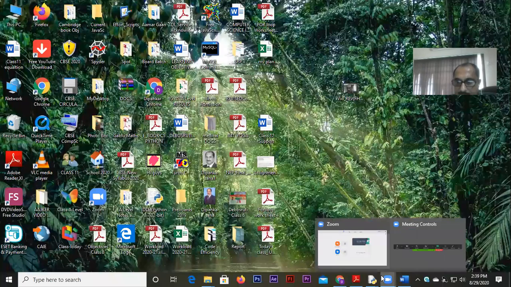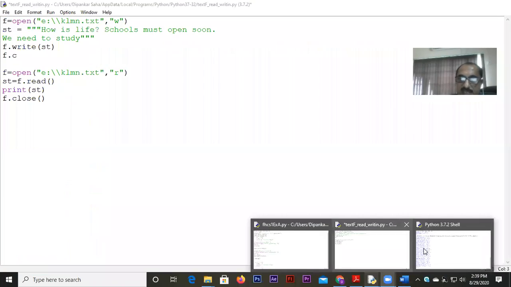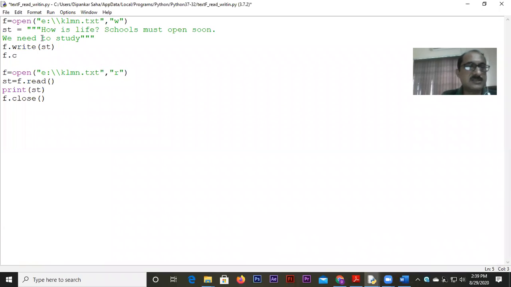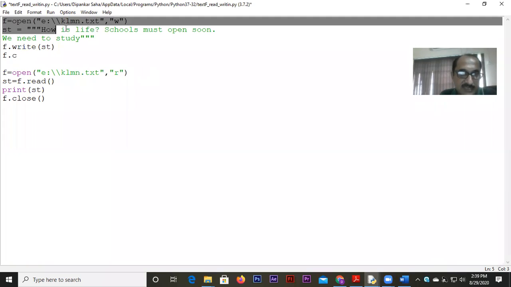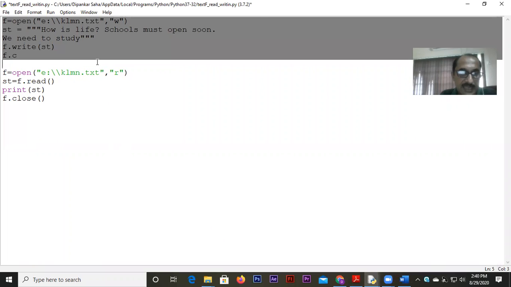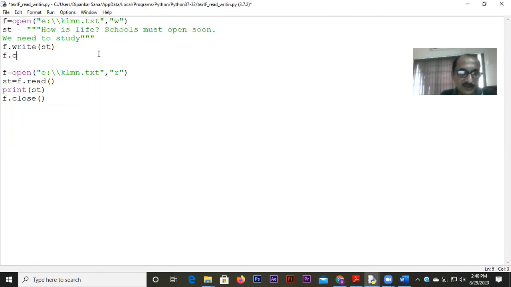If you remember, I showed you one example of a text file, but that was in connection with the with open statement. So this is it. I was just trying to bring it back to the normal format, that is the normal open statement. In that case, closing is not automatic. Closing is automatic only with the with statement. So look at this here. I tried to open the file in the writing mode, fine. And if I open the file in writing mode, obviously I have to close the file, right?